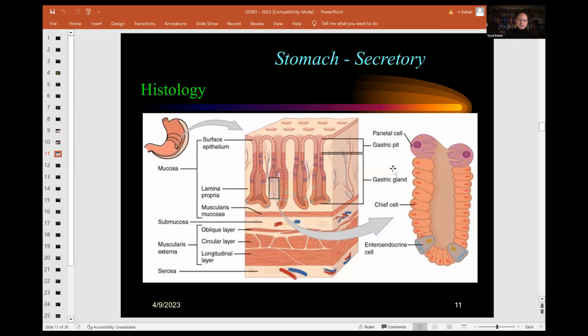So once again, if you are looking at the surface, this is of course a columnar base. The surface is serosa as it starts from here, and then of course the long muscles, the circular muscles, the oblique muscles, and the submucosa where there are blood vessels and nerves, and the mucosa, which is lined by columnar